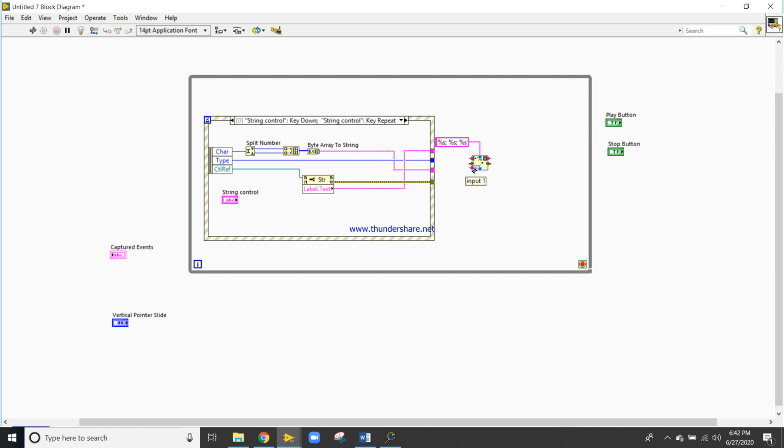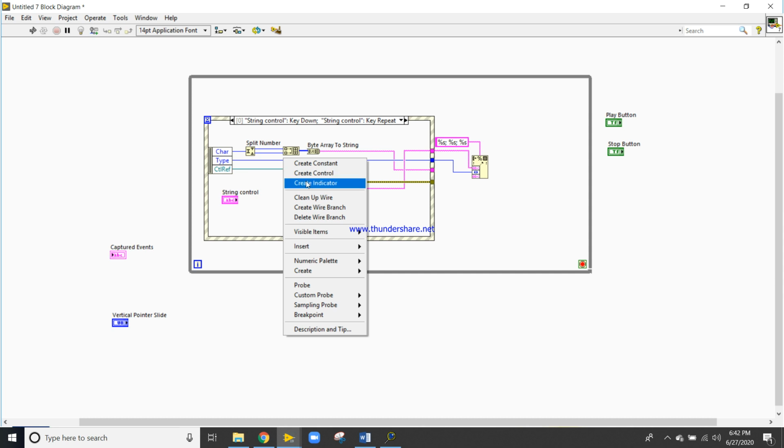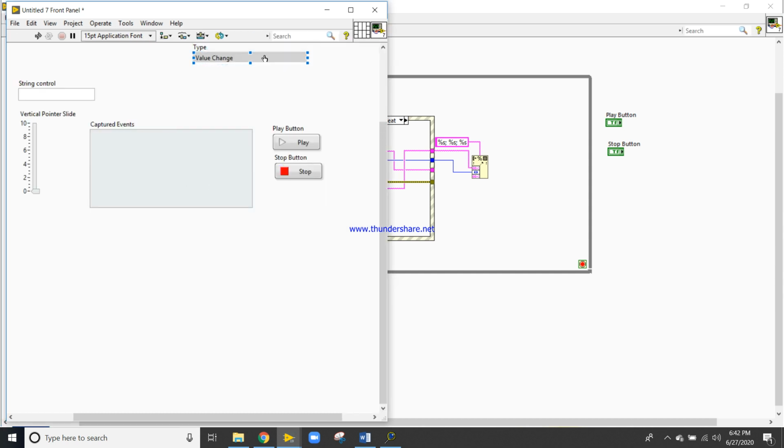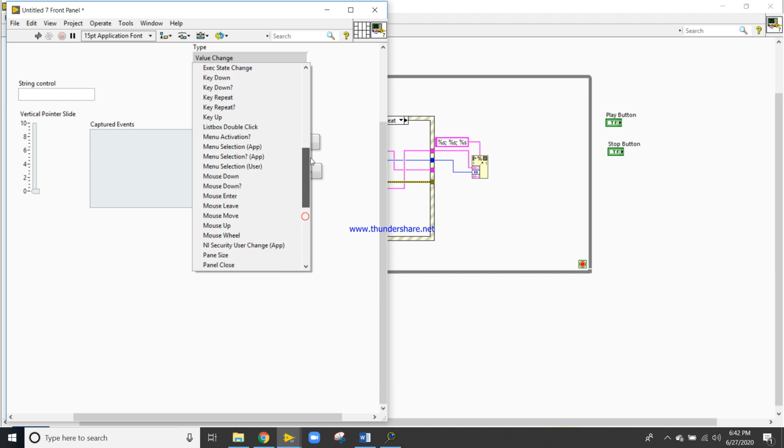Now it will connect with the upper reference. It is a cluster type. If you want to see what kind of output will come here, create an indicator and come to the front panel. Now you will see it is an enumerate type.